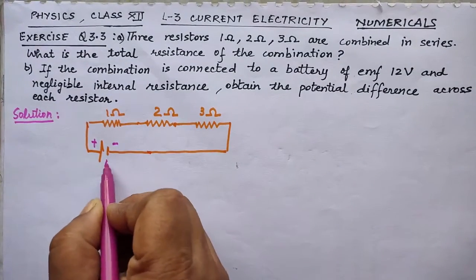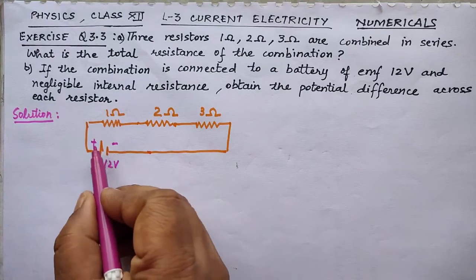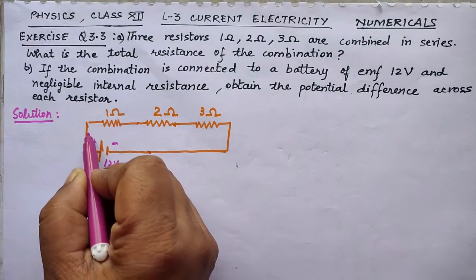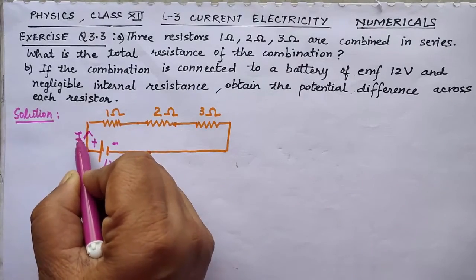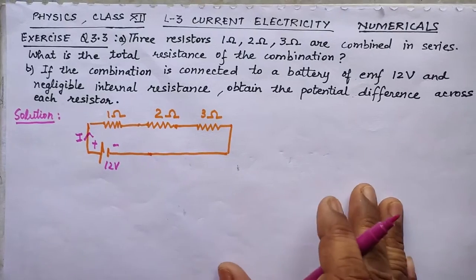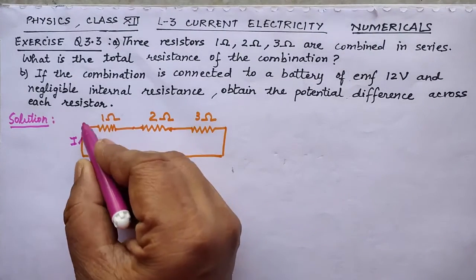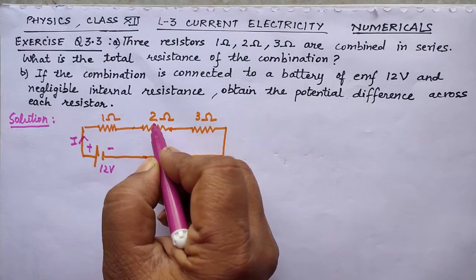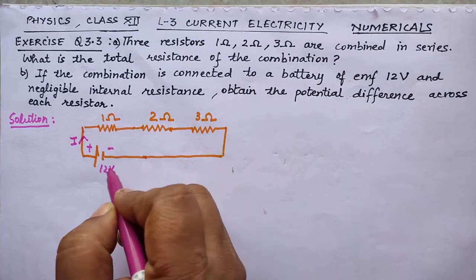This is 12 volts of course, and when we write positive and negative, this means from positive the current will come out and then move further. It will move to the 1 ohm resistance, the 2 ohm resistance, the 3 ohm, and then back to the negative